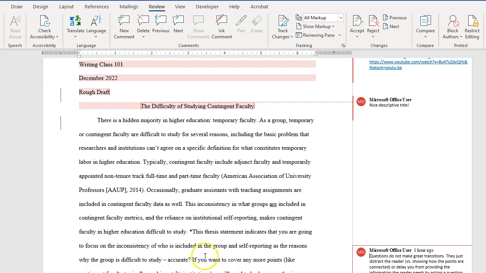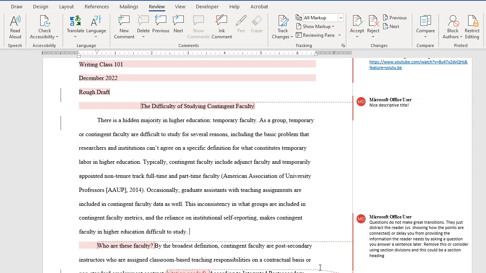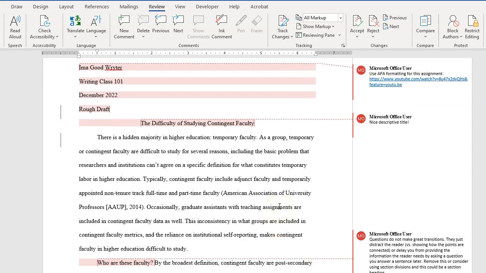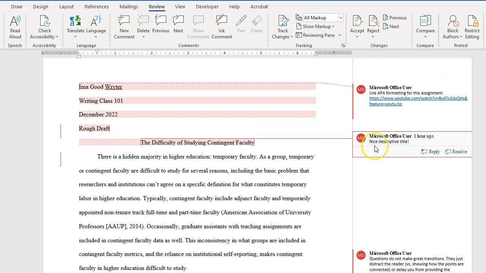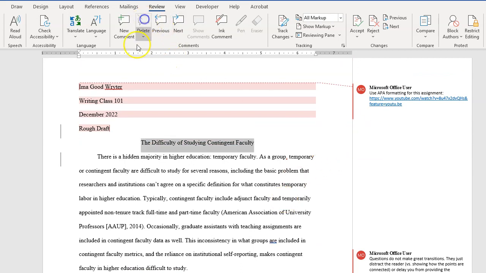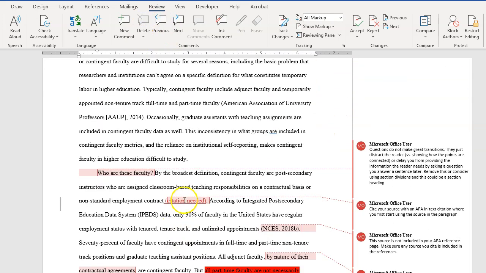So again, it isn't good to just accept everything because, again, this comment at the end that's explaining the thesis statements and potential limitations to the thesis statement that's currently here is not appropriate to become part of the draft. So you wouldn't want to just accept all and move on. But you could, if you wanted to, do that. You have to make sure that all of the comments are deleted, and you have to make sure that there are no track changes, which again you can see by the line in the left-hand margin if there are any